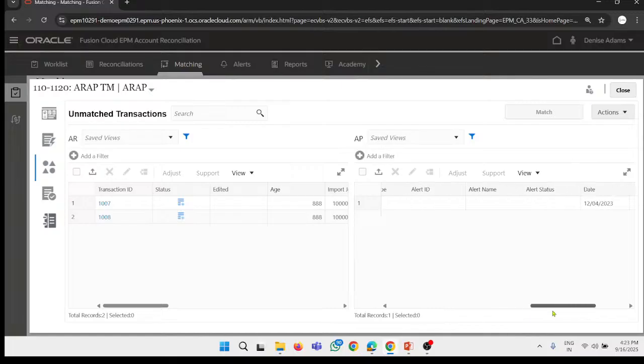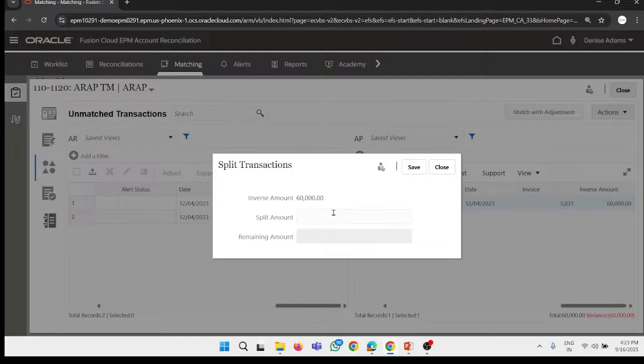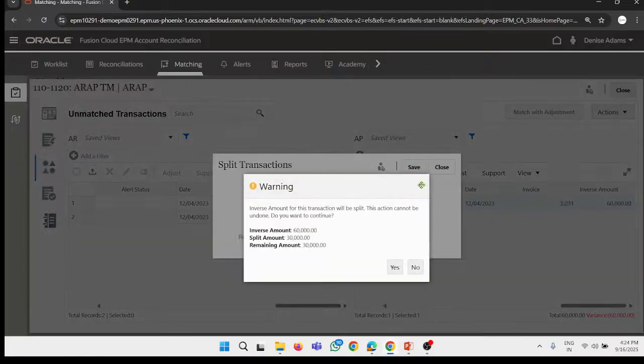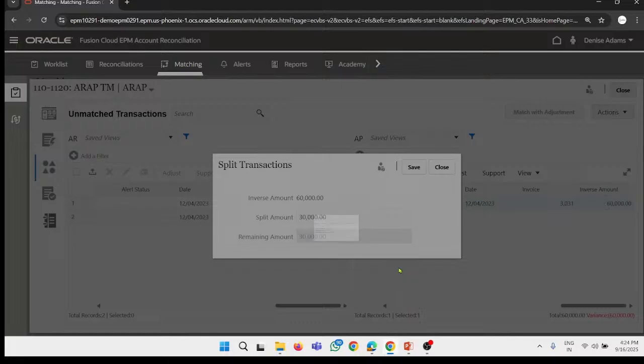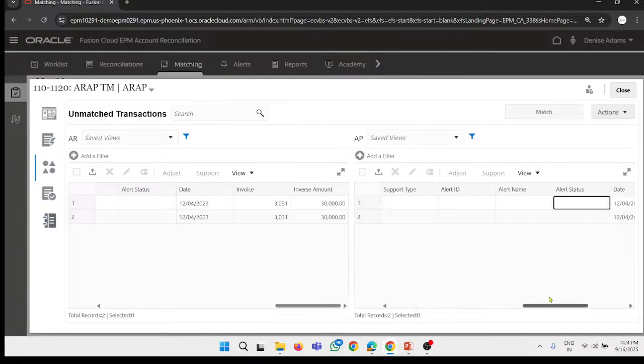Okay, look here, this 60,000 has been splitted into 30,000 transaction. Okay, so the invoice is same and the date is same, the only different here is the split. Okay, so we also be splitting this with this split icon. We haven't discussed this previously, so split the amount in 30,000. Save it. Okay, so look here, the amount has been split in 2 difference, which is 30,000 and 30,000, and